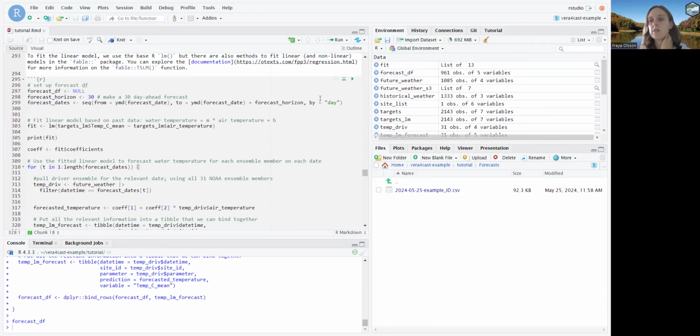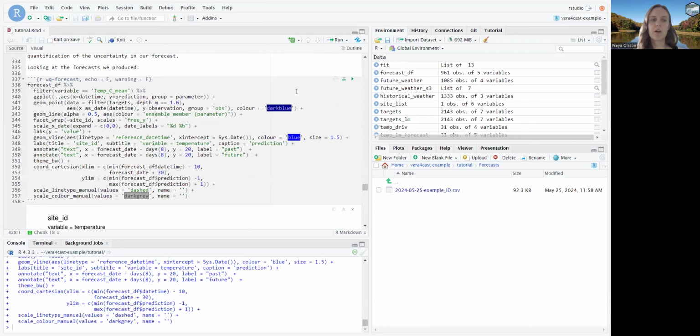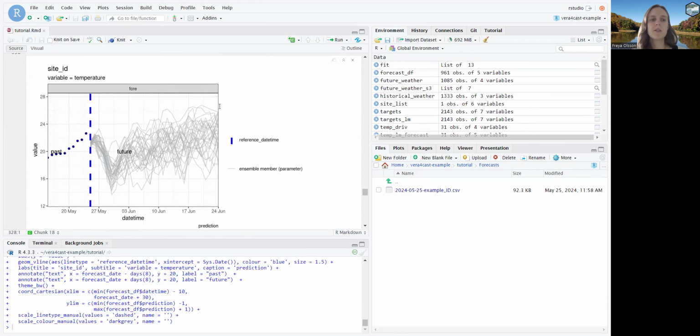This looks like very complicated plotting, but I just wanted to demonstrate a couple of different things that we've done so far. So this plot here shows both our past observations, our target data that have been collected, and those come right up until the day our forecast was generated. We have almost real-time data for Falling Creek Reservoir water temperatures, and so we can use all of those targets to fit our model. Then we have these multiple lines that show multiple future simulations of water temperature going out into the future.